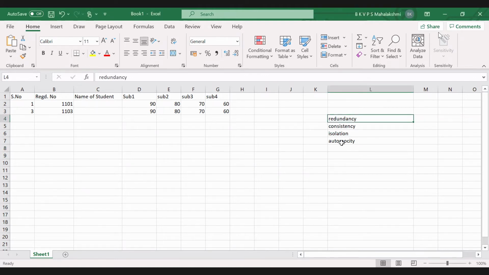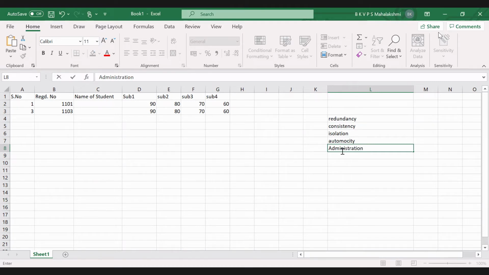Even administering the data is also a problem. Data administration. So these are the disadvantages of file systems. You cannot overcome redundancy, because if your document is shared with 50 members, all 50 members can enter, and maybe sometimes they will enter the details twice. So you cannot stop even the redundancy.